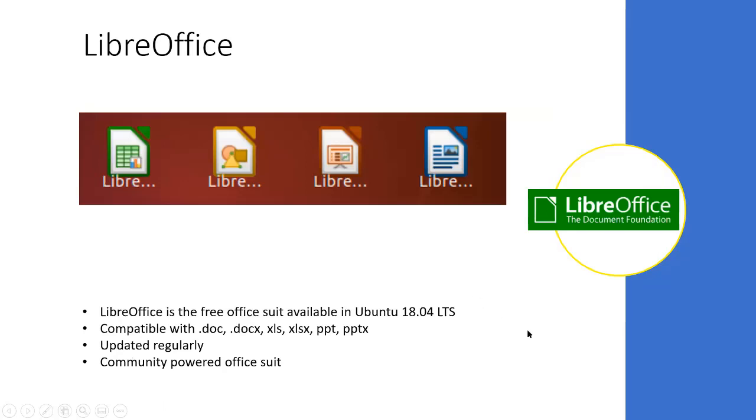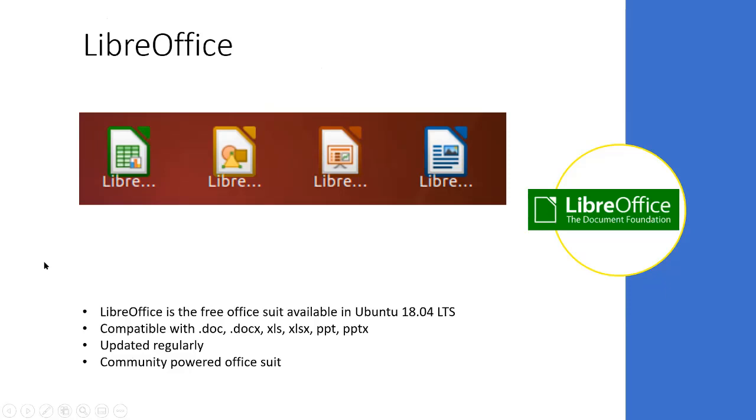The most handy and most useful Ubuntu application is the LibreOffice package. LibreOffice is the free office suite available in Ubuntu 18.04 LTS. LibreOffice is compatible with .doc, .docx, XLS, PPT, PPTX.